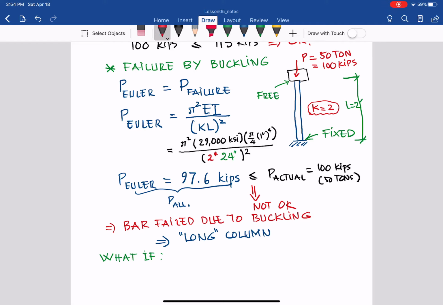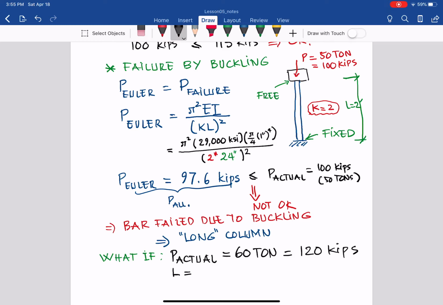What if P actual equals 60 ton? So 60 ton is equal to 120 kips. 120 kips. And the L, the length